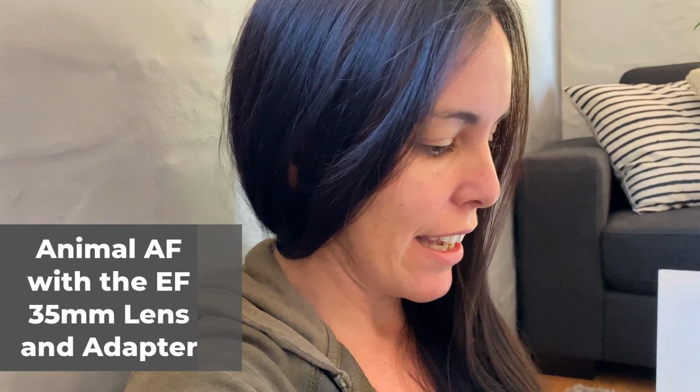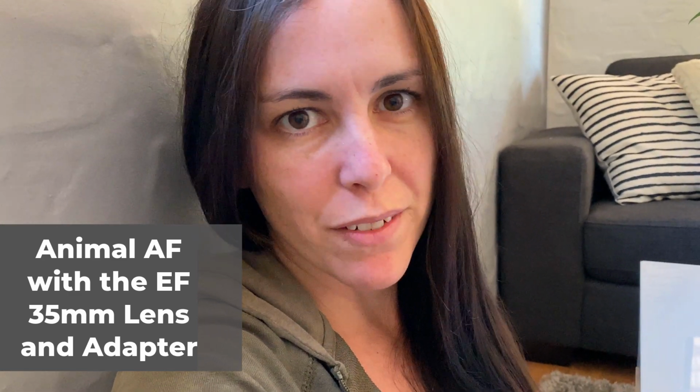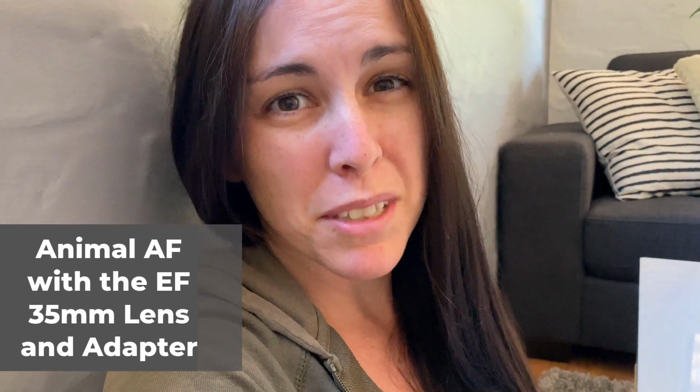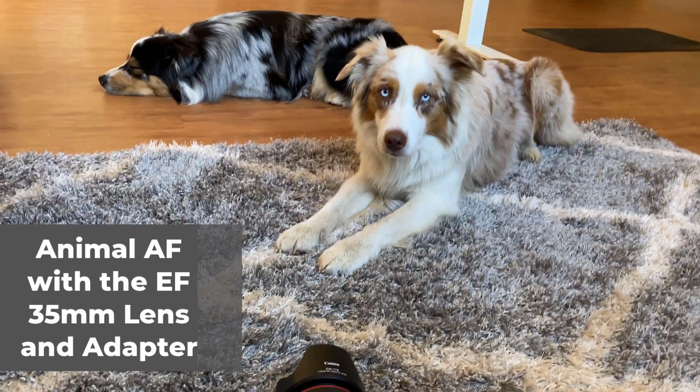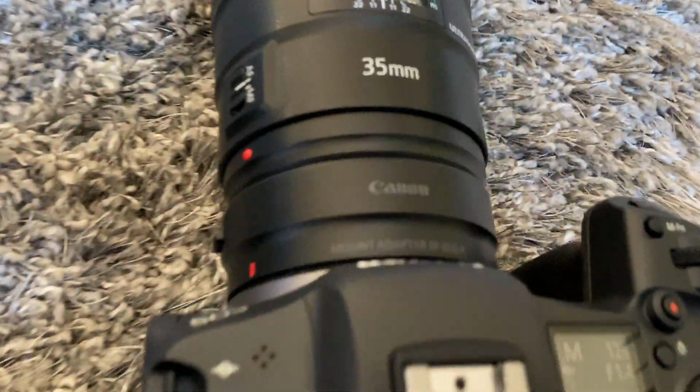And I'm just also trying out the Animal Autofocus, having a bit of a play around with that as well and seeing just how well it works. So I'm just in my office here. I've got a couple of semi-willing models here and the camera with the adapter,